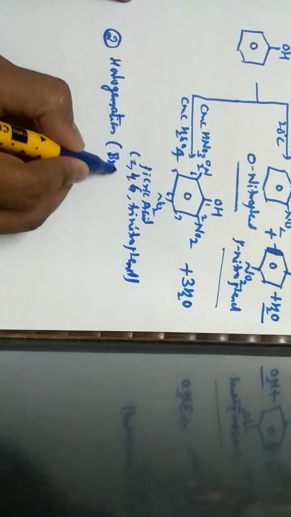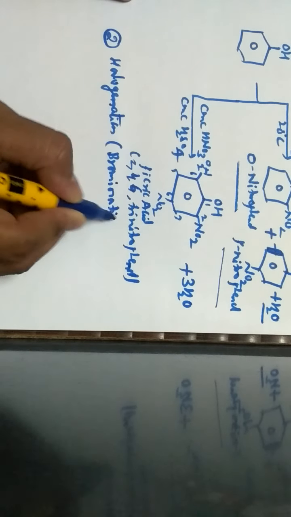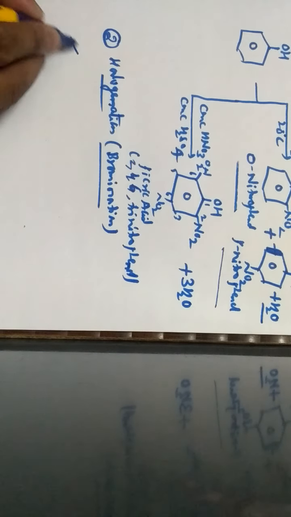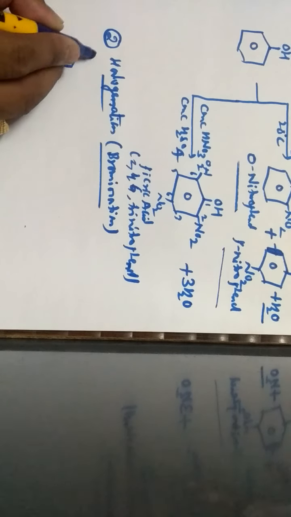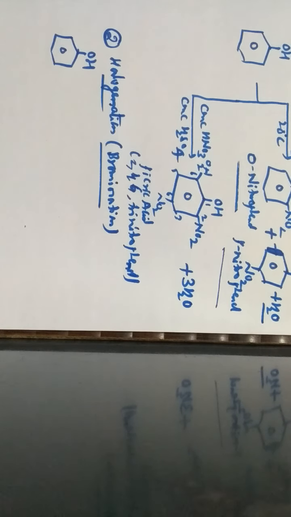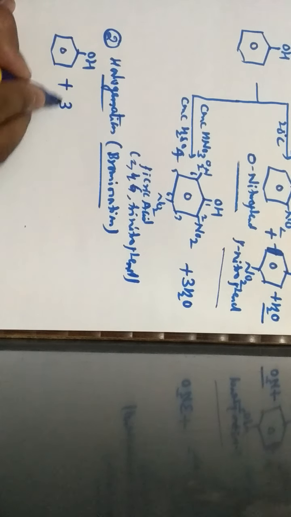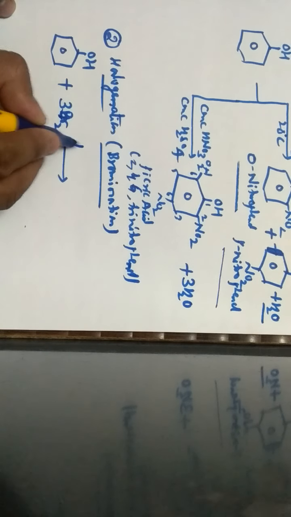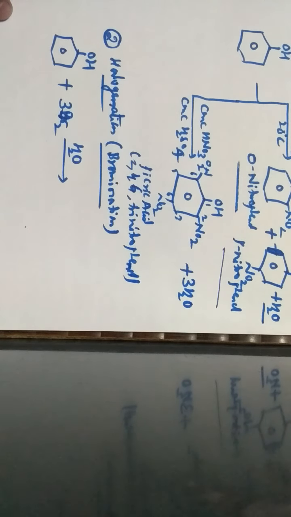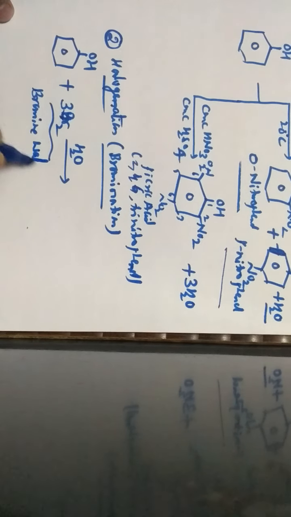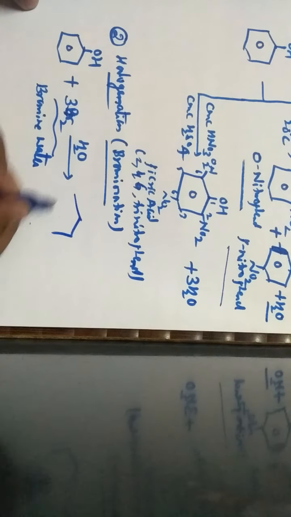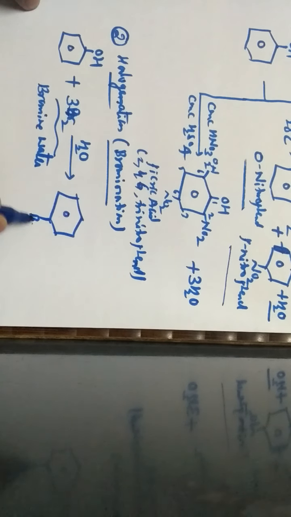In this halogenation, we have to discuss a particular reaction called the bromination reaction. When phenol is subjected to bromination, there are two different conditions. The first condition is by using bromine water. Bromine water means the bromine molecule in the presence of water. When phenol is made to react with bromine water, we get a tribromo substituent of phenol,